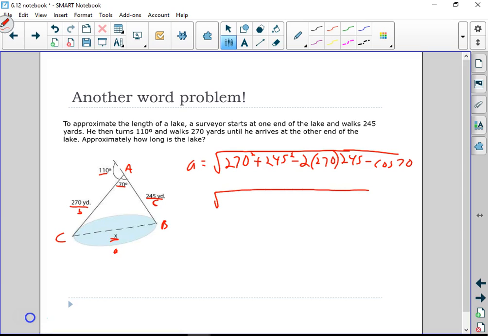I like to do 270 squared plus 245 squared, which is 132,925 minus 2 times 270 times 245 times the cosine of 70. Which is